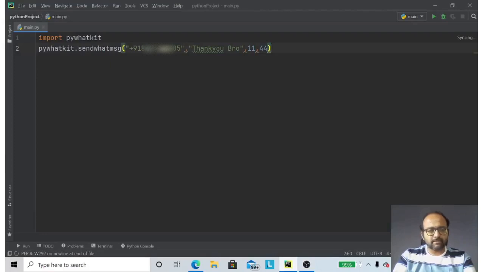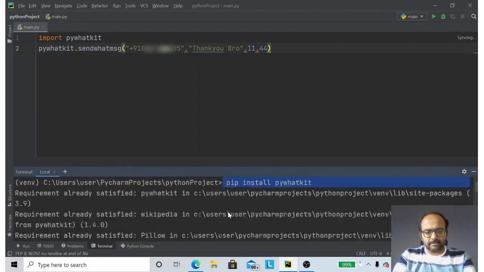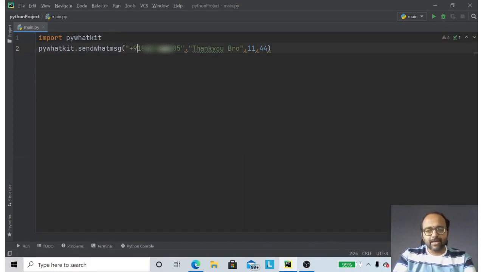This code contains 2 lines, and first we need to install PyWhatKit. In order to install PyWhatKit in PyCharm, and type pip install PyWhatKit. This is going to install PyWhatKit for you, and after that we have to make use of a method called